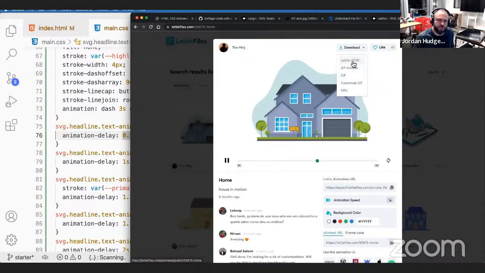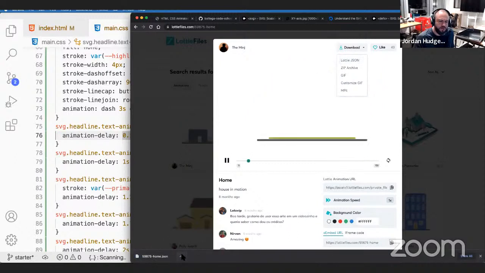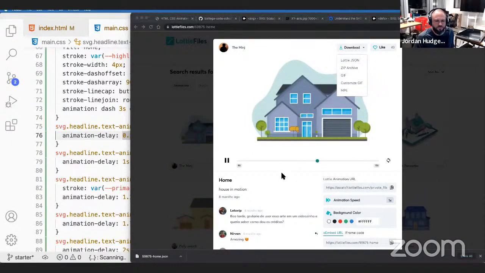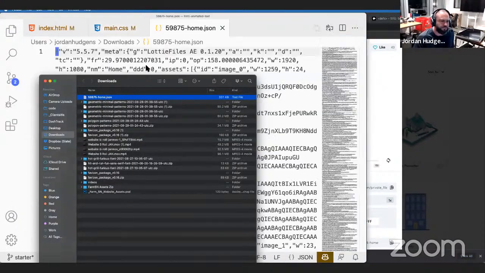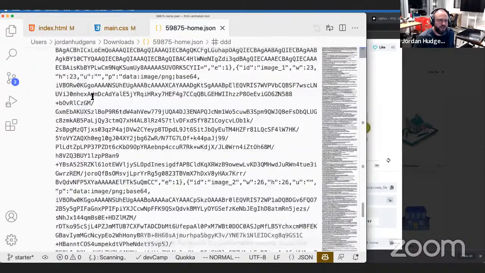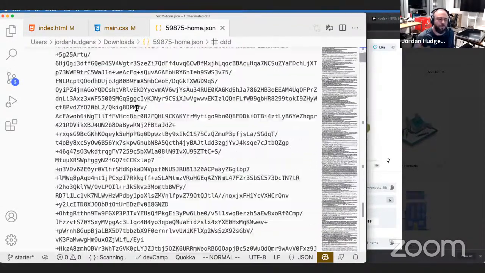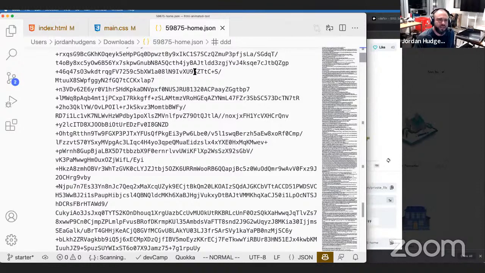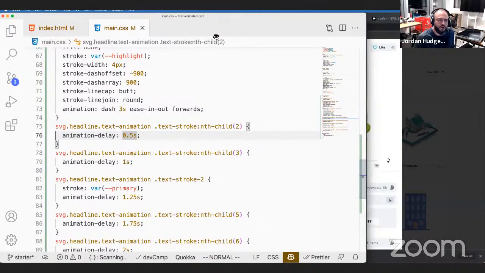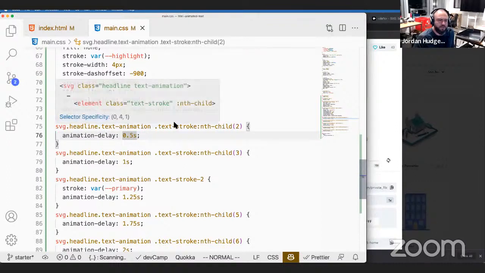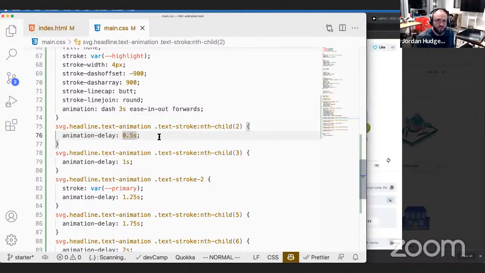like making it a GIF or something like that. But say you're doing it the standard way, it actually gives you this giant file of JSON code, and each one of these values maps to how an animation can be generated. And so whenever I have to build an animation, it kind of depends on the use case. Every one is going to be unique. So depending on what has to be drawn on the screen,